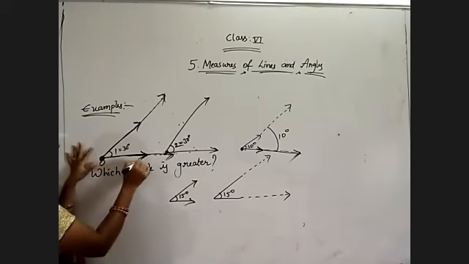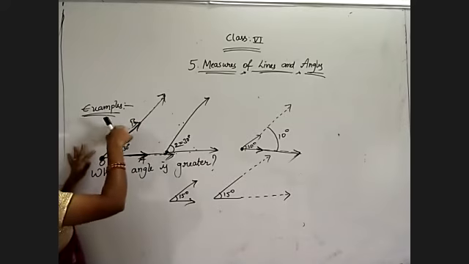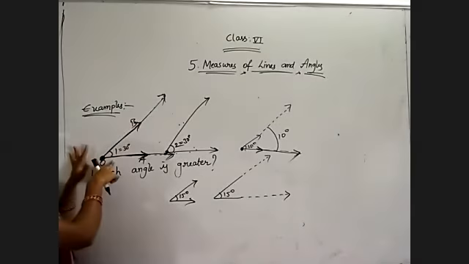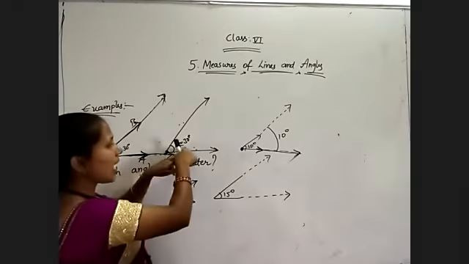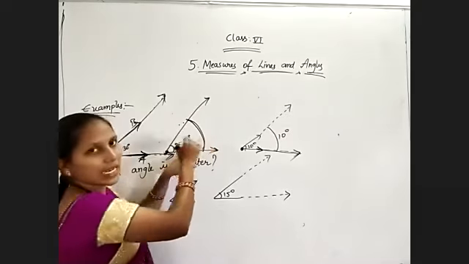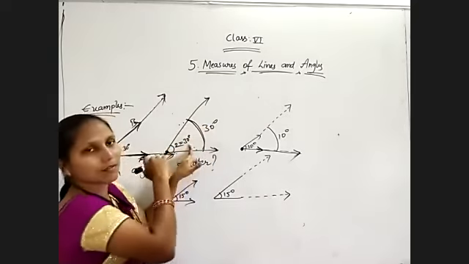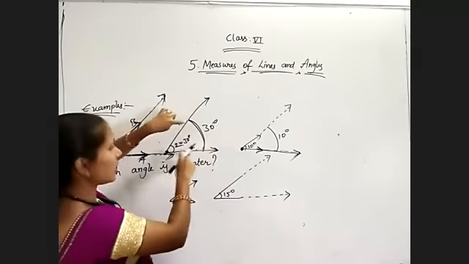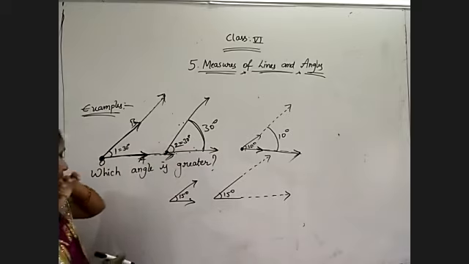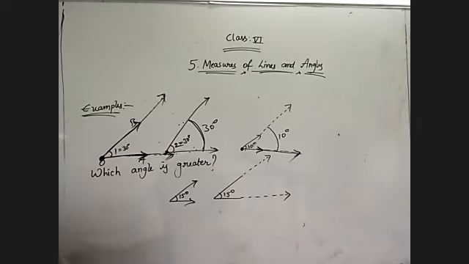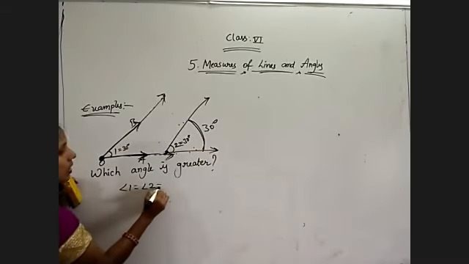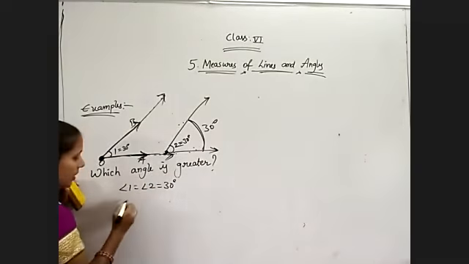Now OAB, rays OA, OB, if OA and OB are extended further also, there is no problem for angle 1. Same way here also, angle 2 is 30 degrees itself. Here also, if you are keeping the angle symbol here, that is 30 degrees itself, because here we can't set the protractor. Here only we have to find the angle with the protractor. Yes or no? So what is the reason? Which angle is greater? Both angles are equal. Angle 1 equal to angle 2 equal to 30 degrees. Both are same.